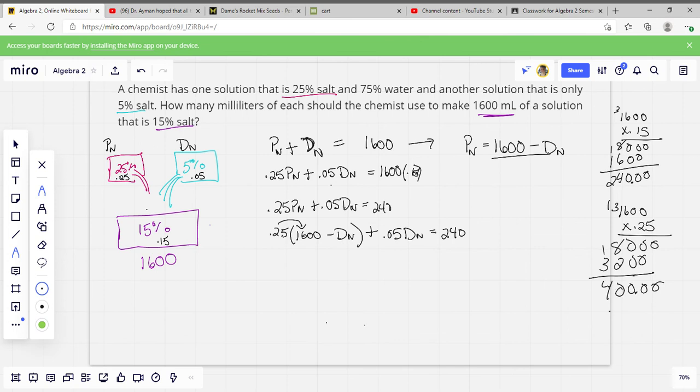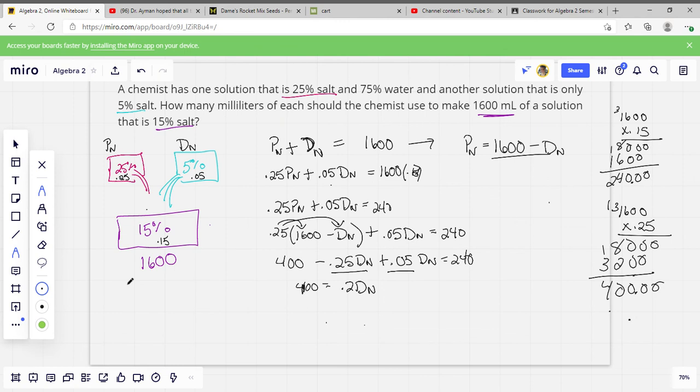The decimal comes over to 400, yep. 400 minus 0.25 DN, I distributed there, plus 0.05 DN equals 240. Now these are like terms, so I've got to put those together. Negative 25, positive 5, I'm going to get 400 equals 0.2 DN, because I said,